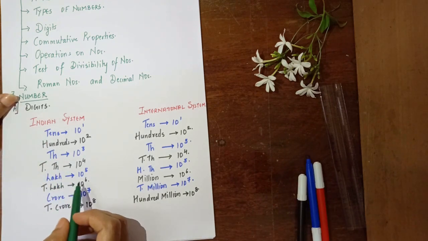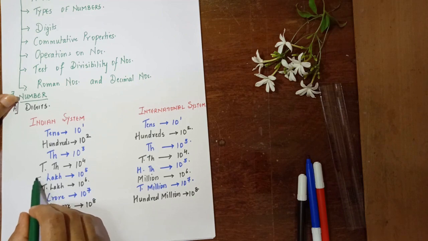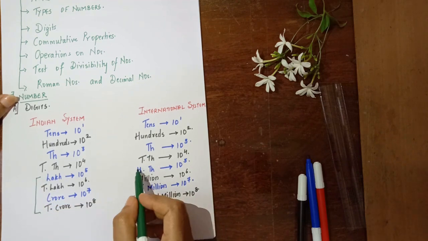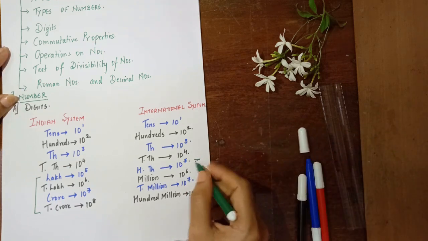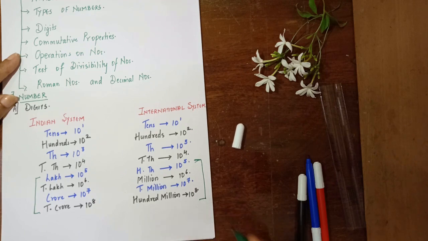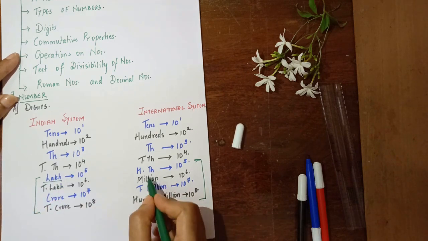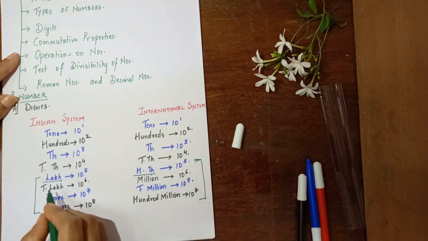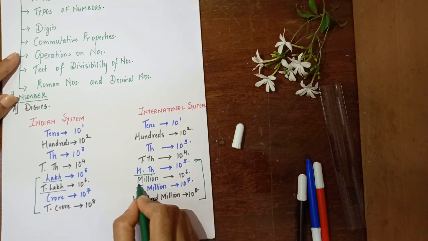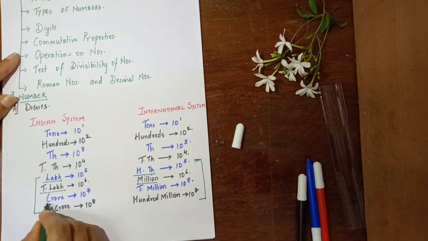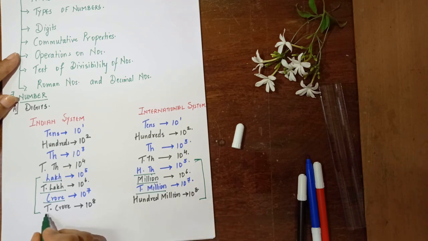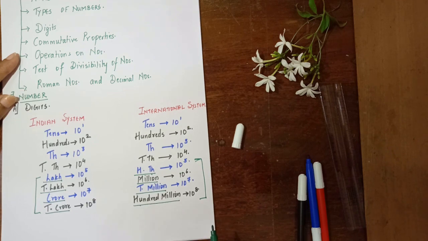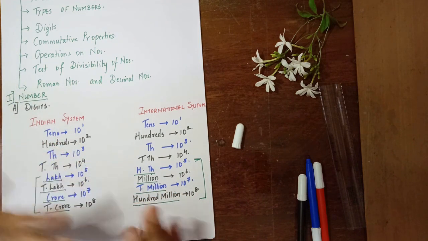We see that from here onwards, that is from the word lakh onwards till 10 crores, the entire numbering system for the Indian system as well as for the international system stands different. Okay, what is lakh in the Indian system is 100,000 in the international system. What is 10 lakh in the Indian system is a million in the international system. What is a crore in the Indian system is similar to 10 million in the international system, and whatever is 10 crore in the Indian system is similar to 100 million. CTT does not ask questions beyond this.